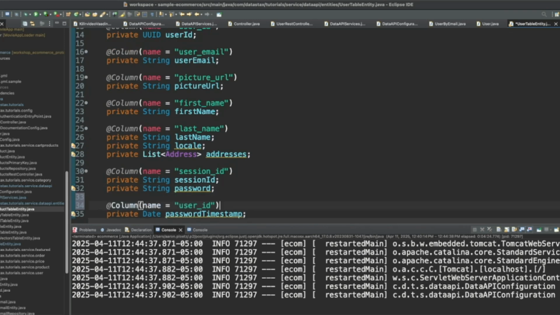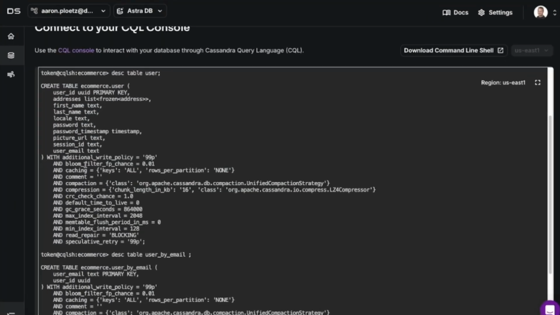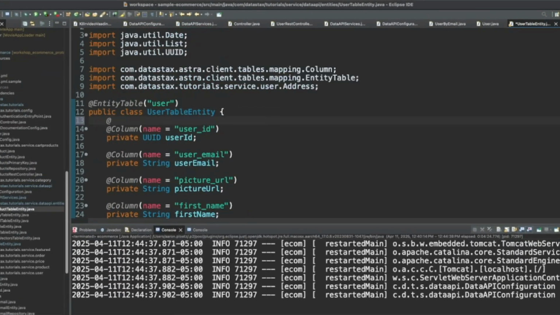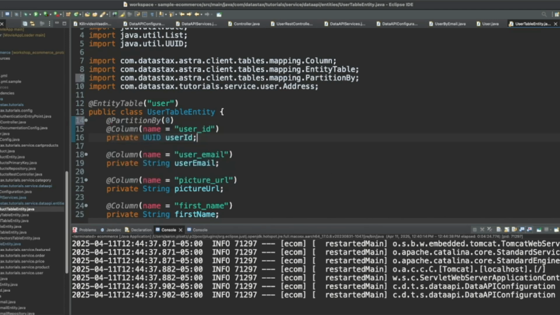We also need one for password timestamp. There we go. Let's just double check those column names. Yep. Okay, that looks okay. And let's make sure that we're doing a partition by, and we'll just say ordinal 0, and let's import that. There we are.